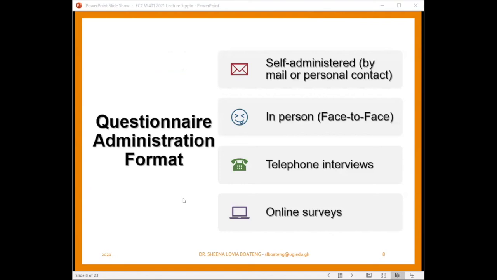There are several formats in which you can administer your questionnaire, right? You can use self-administered, where you do it by mail or personal contact. So self-administration here means that you leave the respondent alone to fill in the questionnaire themselves. So you can mail it to them and tell them to fill it and then mail it back to you. Or you can physically take the questionnaire to them and tell them to fill it and then you take it